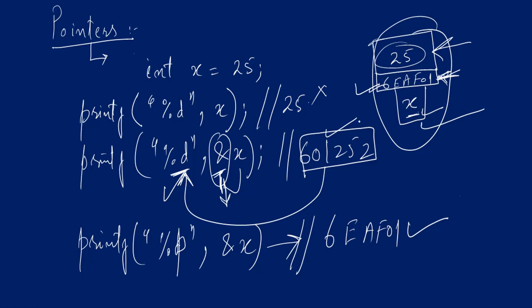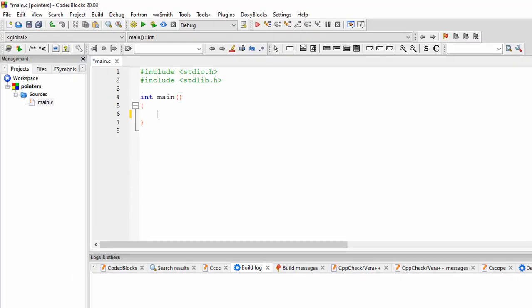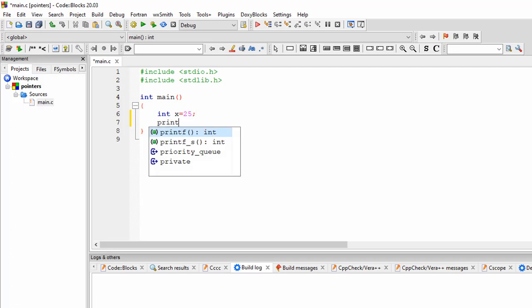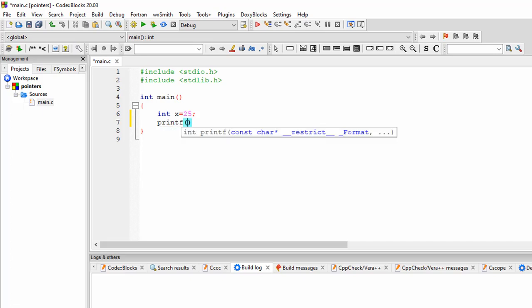Now I am going to illustrate this pointer concept with the help of a C program. I am in Code::Blocks, so I am going to write here int x is equal to, say, 25, and I will write printf with %d comma x.